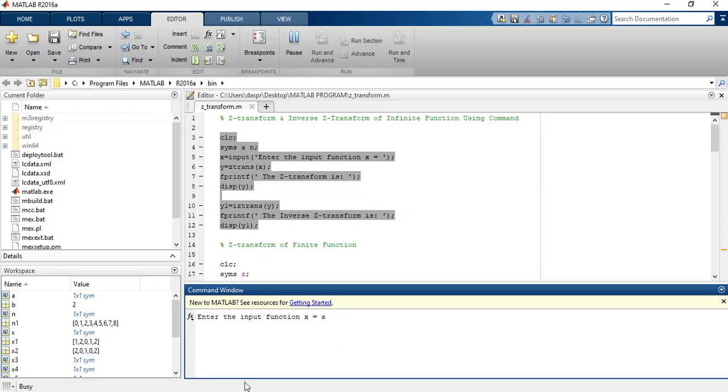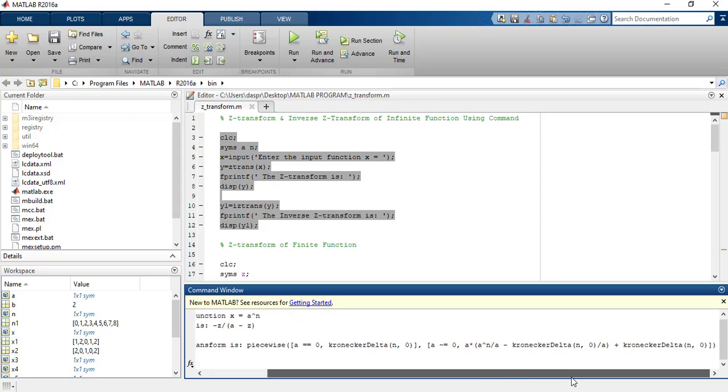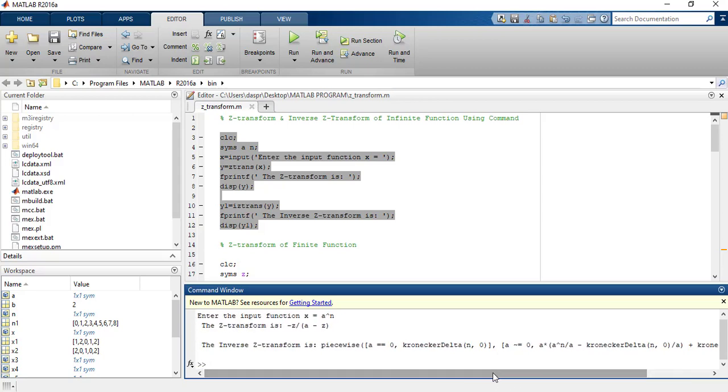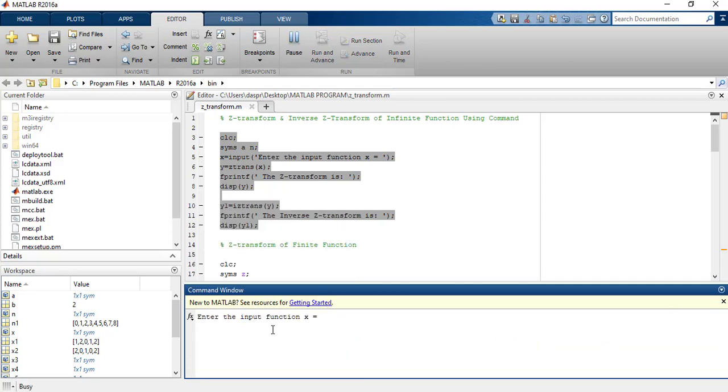So your result is a to the power n. See, your z transform result is z by z minus a, but in the inverse z transform the result shows like this. When MATLAB performs the inverse z transform, there is some problem: MATLAB cannot understand what a is. So give some values of a. If you again copy this program and paste it here and change your function, suppose 2 to the power n,